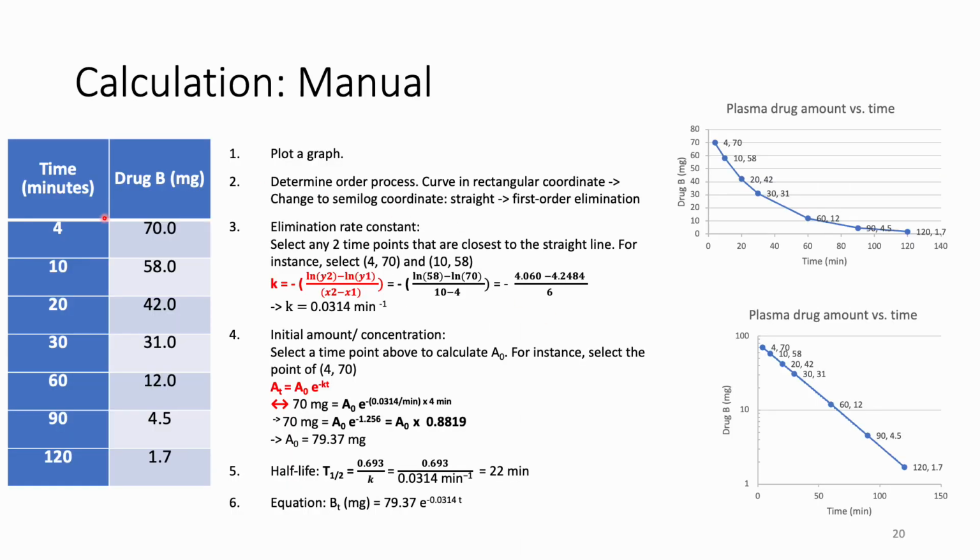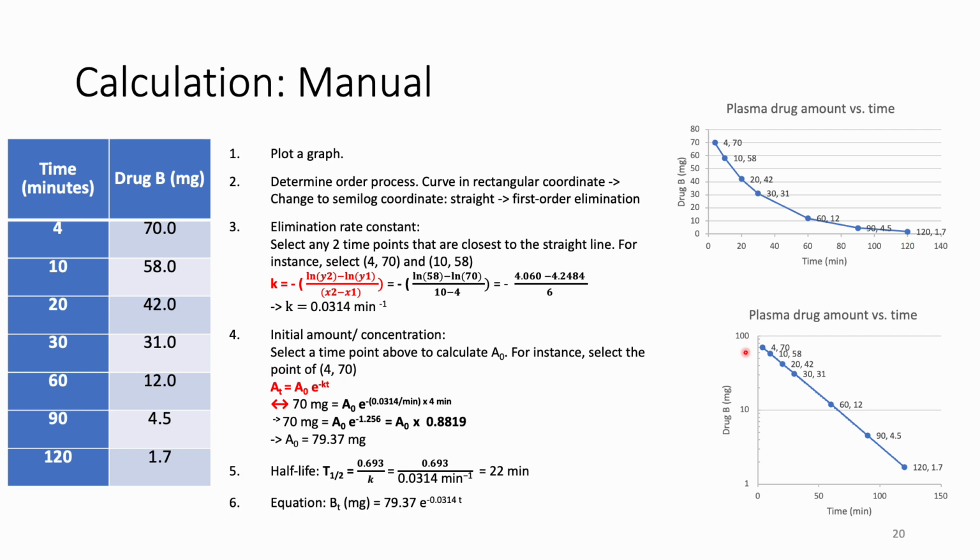Now we go back to the data. You have a data set like this. First, plot a graph. In this slide, I show you the manual calculation, I mean just using the calculator. You start with the rectangular coordinate graph. Remember, whenever you determine or calculate any PK data, you start with the simple thing first. You start with rectangular coordinate paper and plot the data. From the data here you see this is a curve, not a straight line. So this one doesn't follow zero order